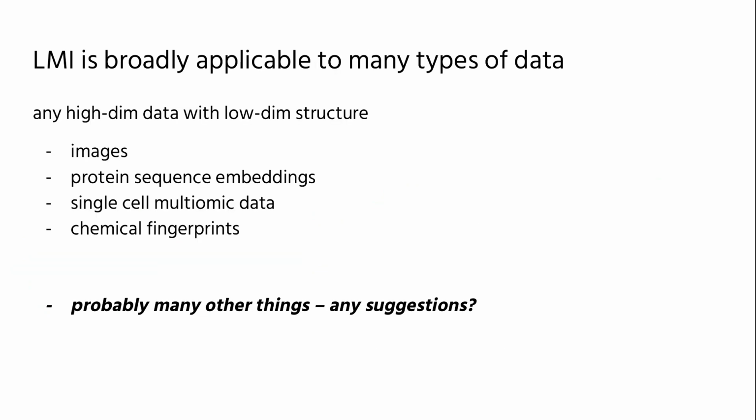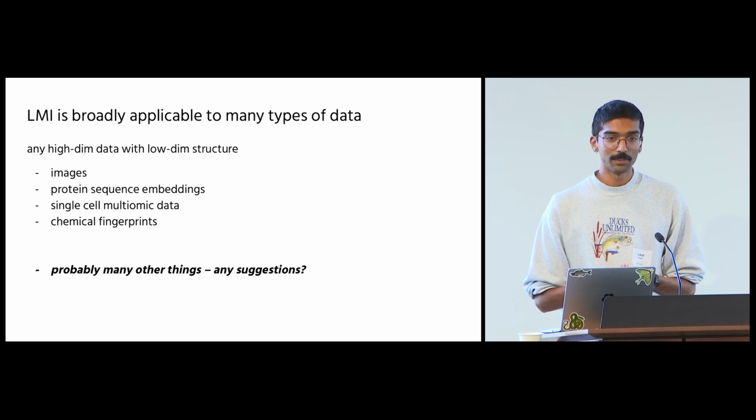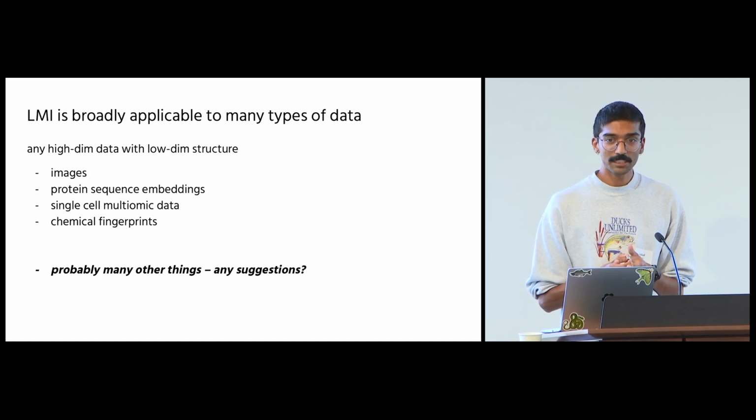Okay, so here I showed one example of using LMI to study cell fate decisions from lineage traced single-cell RNA-seq data. But LMI is just a way of measuring statistical dependence, and it should work in principle for any high-dimensional data with low-dimensional structure. So in our paper, we looked at images, and we also looked at protein sequence embeddings